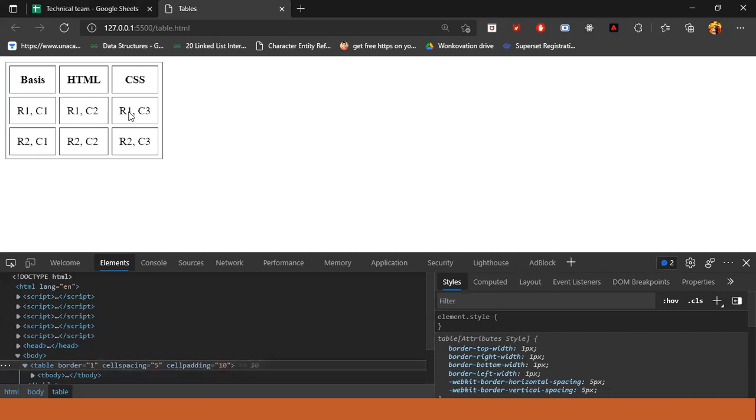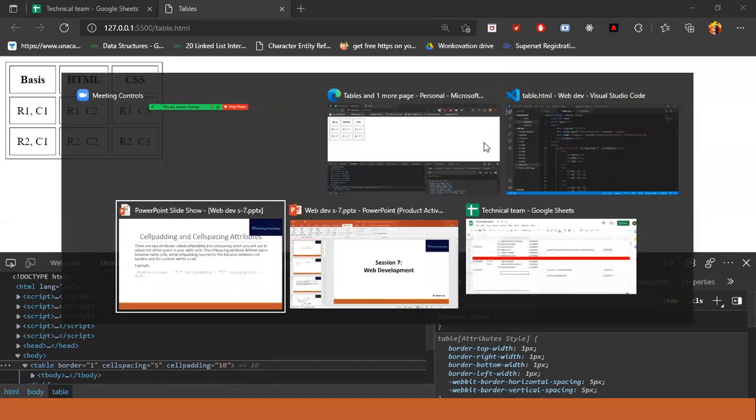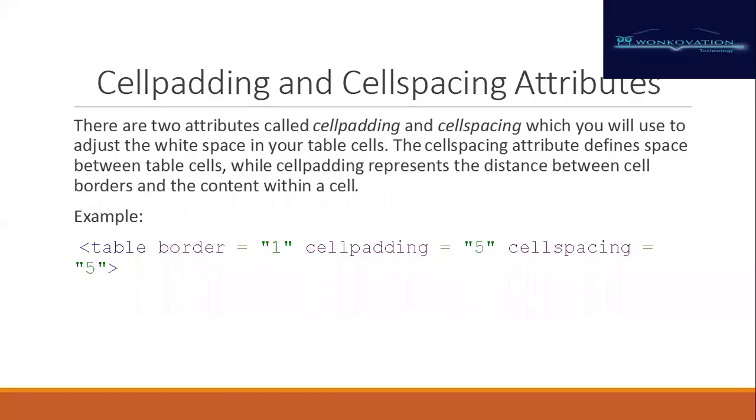See, cell padding is inside the cell, but cell spacing is outside, between the cells. So these are the differences between the cell padding and cell spacing attributes.